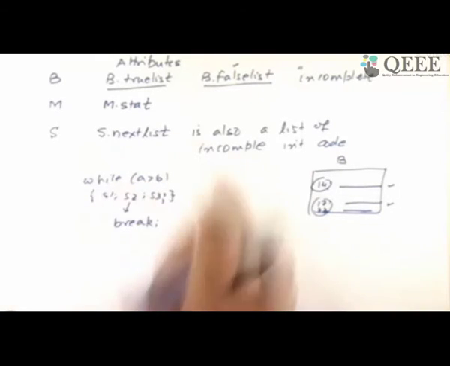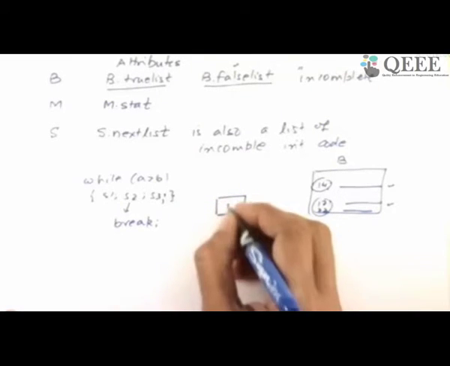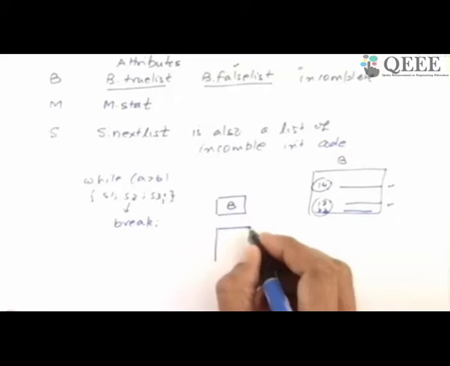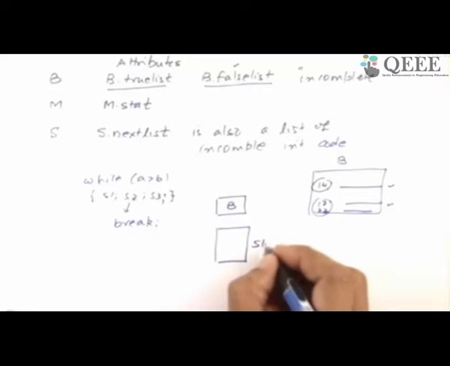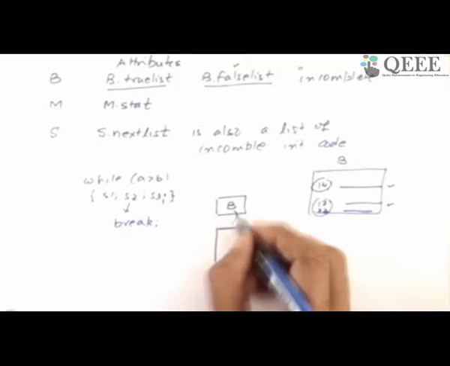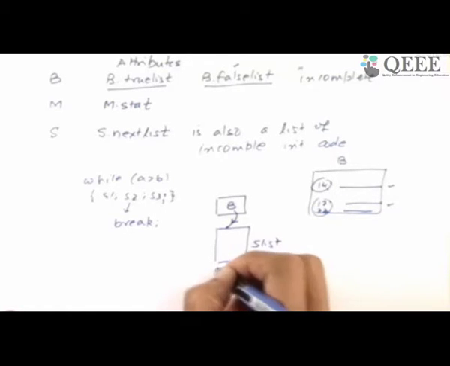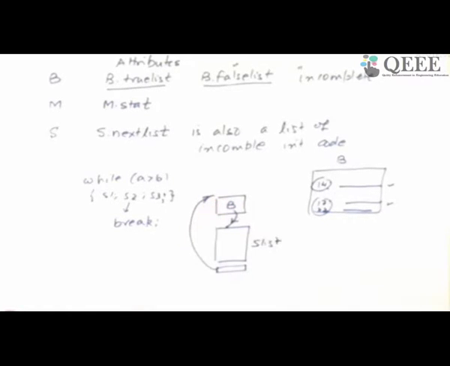So when I generate code for this while, which I haven't done, I will have a code for B, which is A greater than B. I'll have a code for its body, which is this S list. Right? And I have to connect it to make it a while loop. So whenever the expression is true, I'd like to go to the list and do things. At the end of the list, I would like to go back to evaluation of B and do all that. But what is important is what happens if someone wants to jump out of this, which is possible. A break will do it, and there are many other statements which can force you to do that.